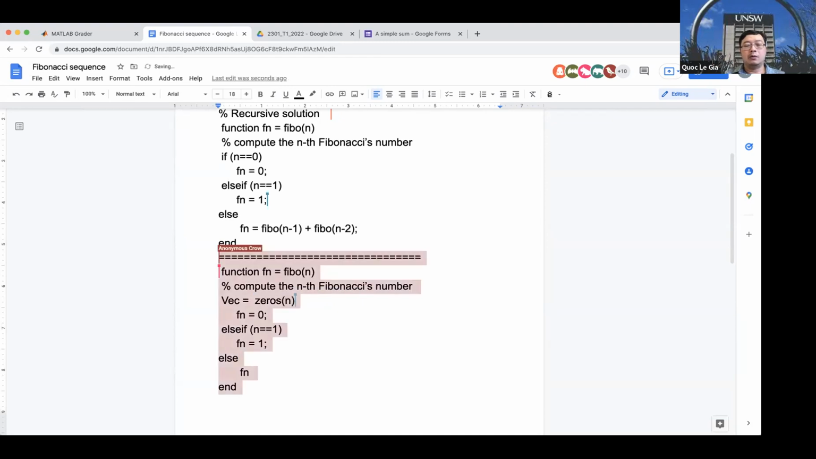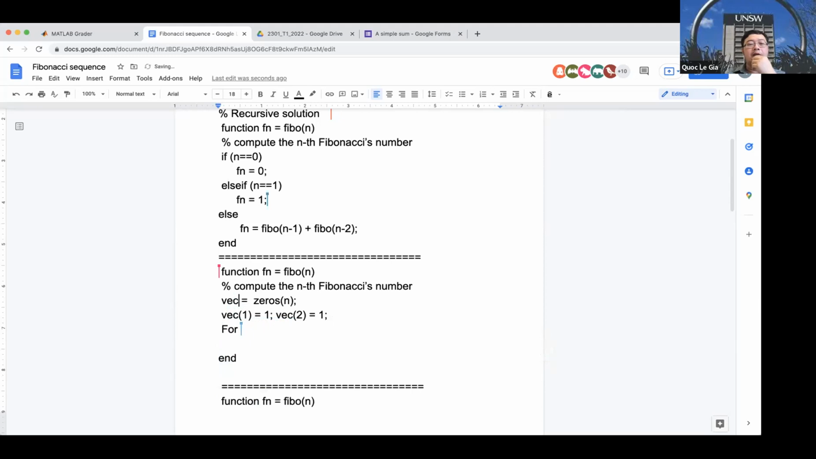Okay. So then you say vec1 is 1. Yeah. And vec2 is 1. Okay. And then, well, at least you can say that this one is for the case n bigger than 3, right? So this one is if n equals 1,